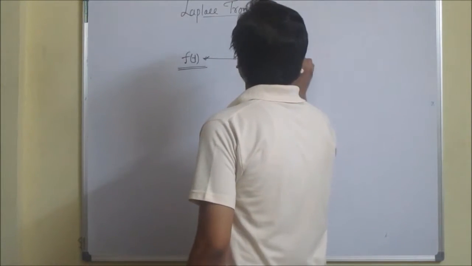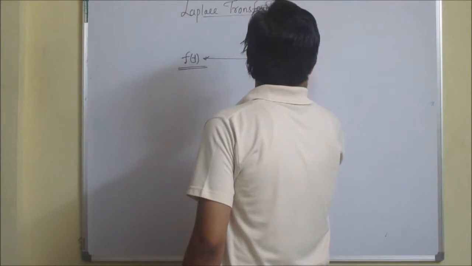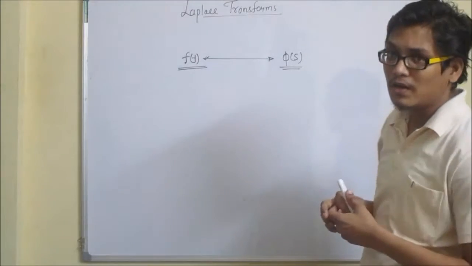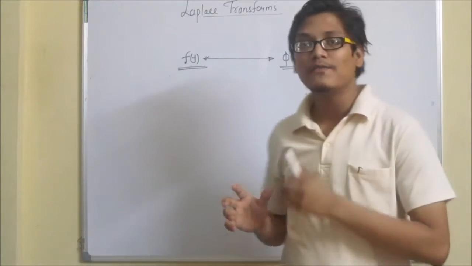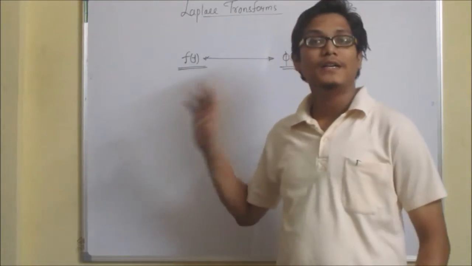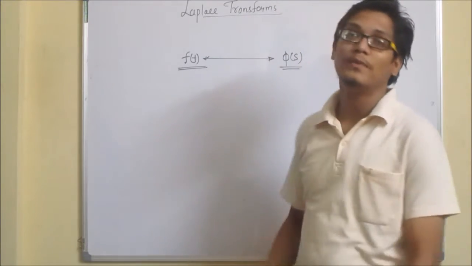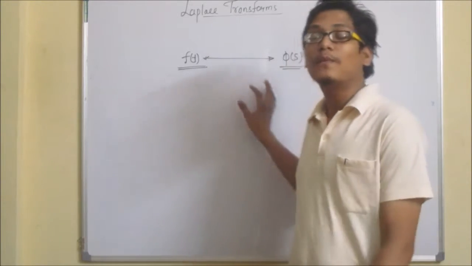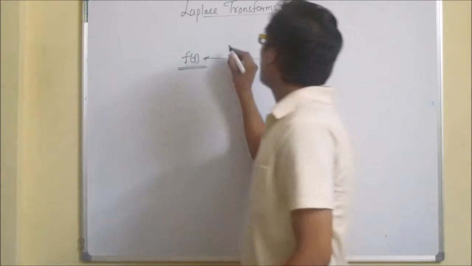into a frequency dependent function. Here frequency is denoted by s. We convert its dependency from time to frequency. That is, we convert a function in time domain to frequency domain. Initially, before transforming the function, it is a function of time. After transforming, or after taking Laplace transform,